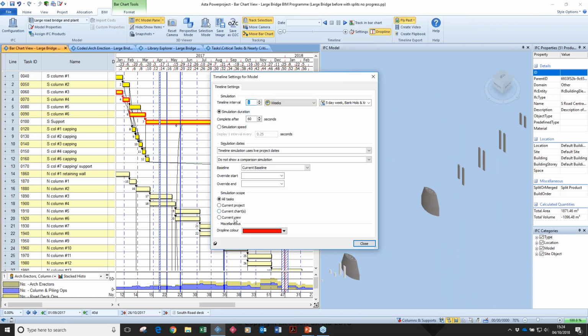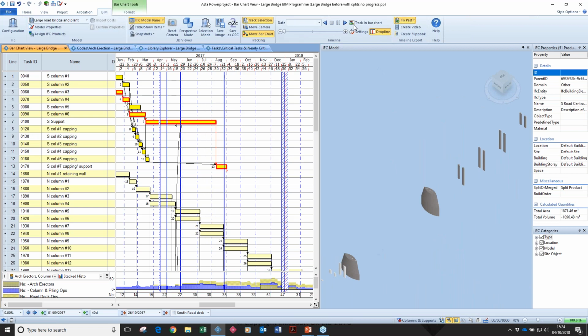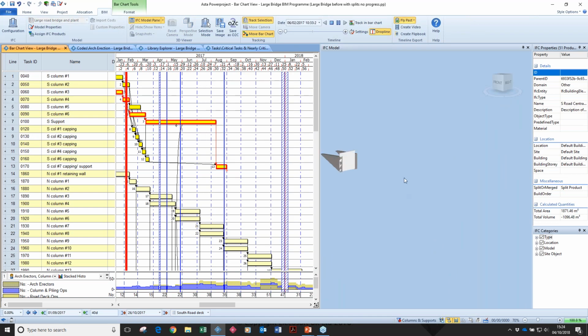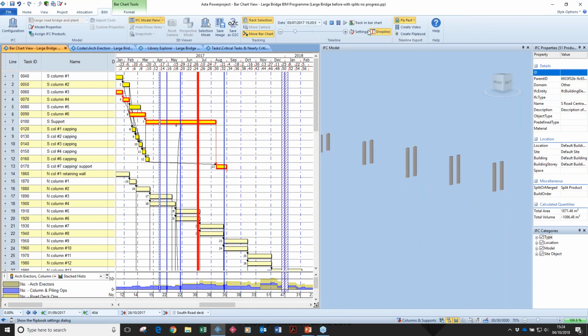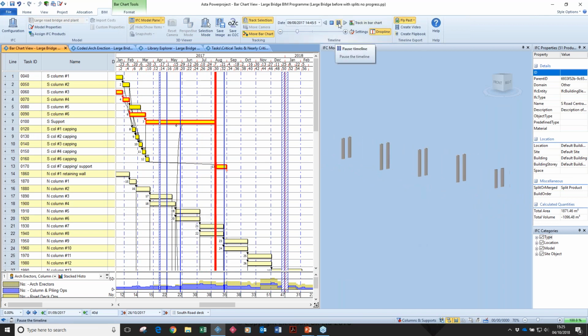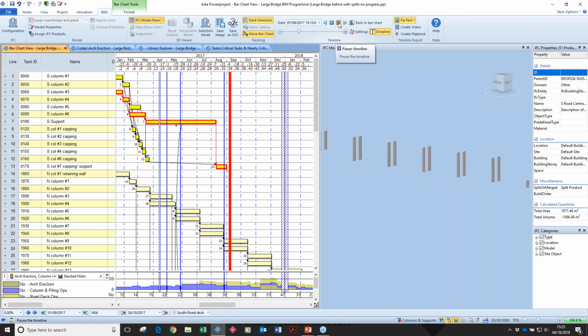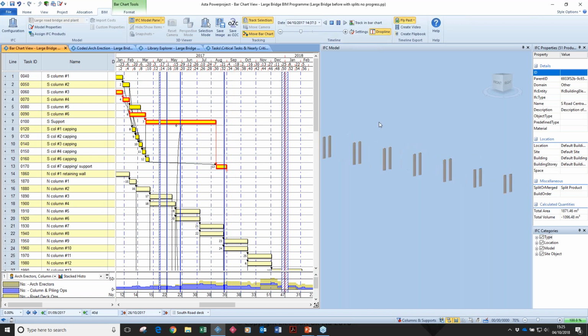Therefore, when I do my playback, I can choose to only animate the supporting items, only the items which are currently in my project plan. So now I've got an animation where I'm only rendering the supporting columns. I'm not rendering the other items that might be applicable to the project. So I've coded my project, I've run a filter based on that,